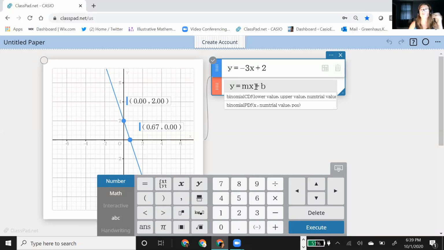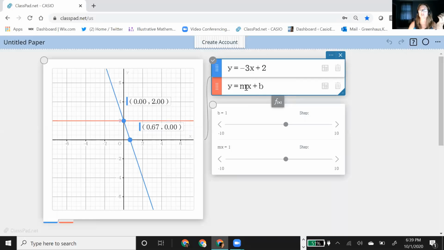Because I do not have a multiplication symbol here between this variable m and the variable x, ClassPad uses multi-character variables. And so what happens, and I'll just show you real quick, when I hit enter, it creates sliders. So the minute you put in variables to represent numbers, it creates a slider for each variable. So watch what happened down here. It interpreted that as a multi-character variable, not as m times x.